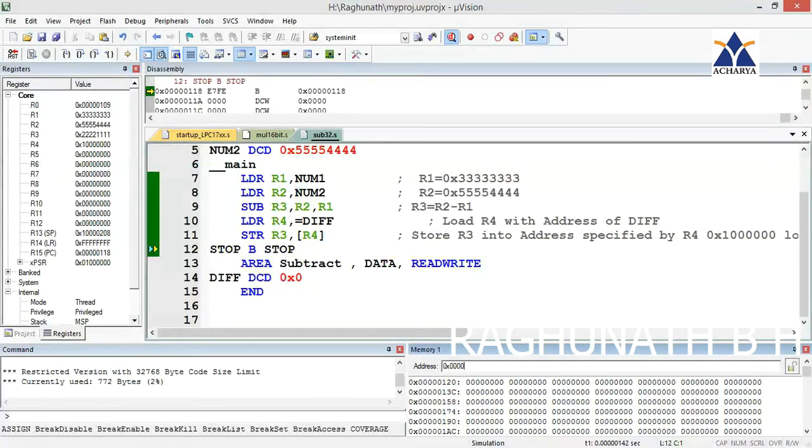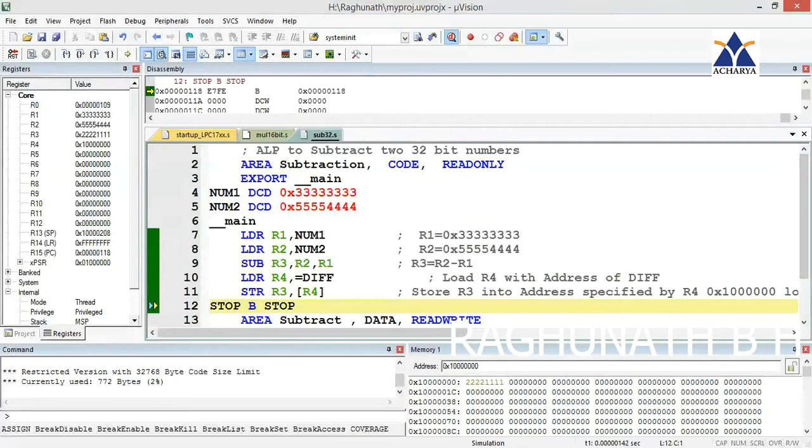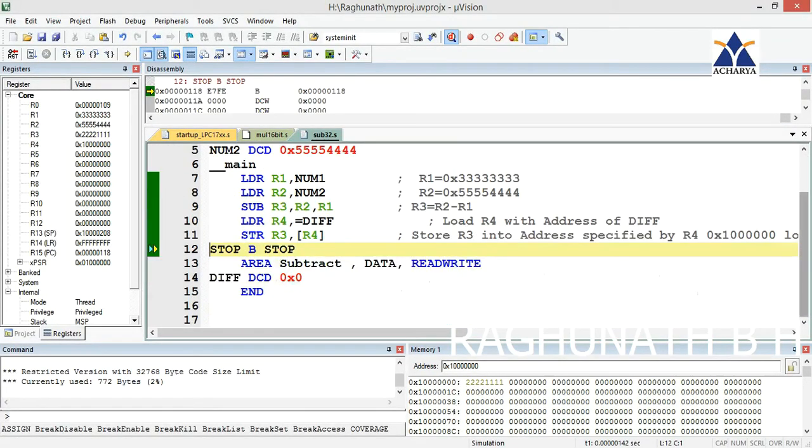Don't give the same label in data area and code area. The previous case we gave same label, so that's why it's not coming. Now I changed the code area label as subtraction and the data area label as subtract. Don't give same label. Now it is coming, answer. You can check here in the location.